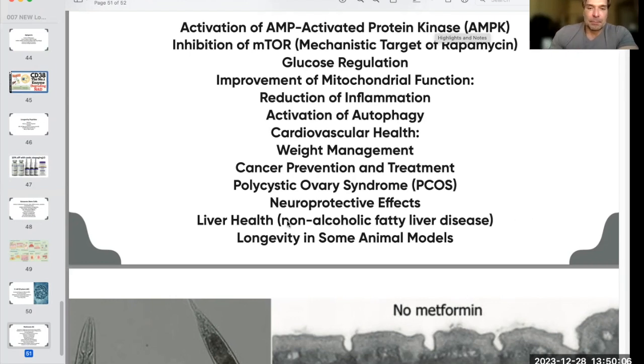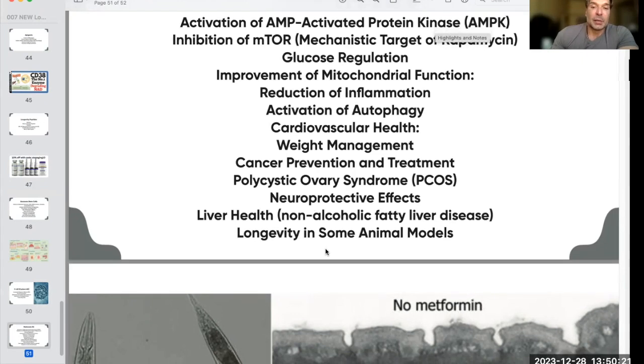And then it also helps with fatty liver, non-alcoholic fatty liver. You don't have to drink alcohol to get fatty liver. All you have to do is just consume tons of sugar. And then also it has shown in animal studies